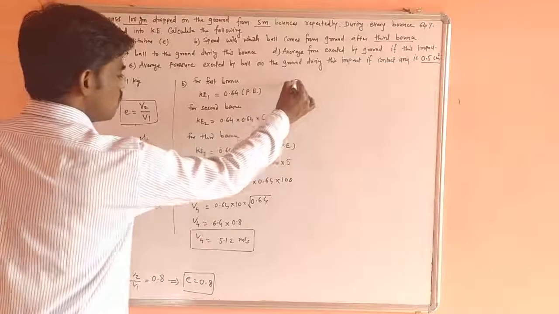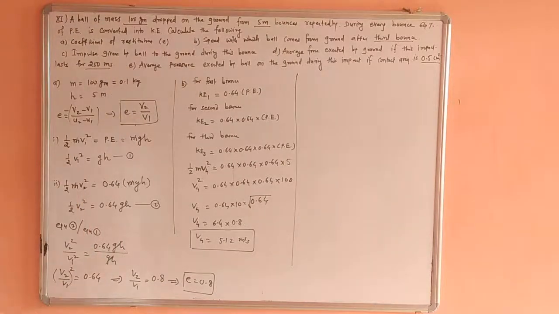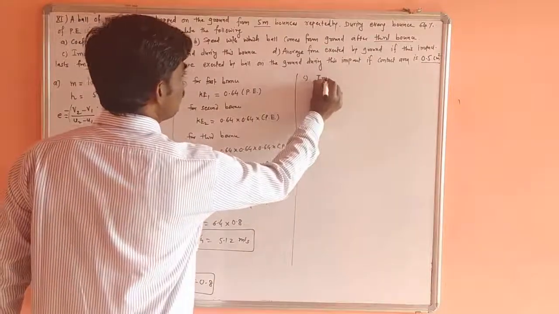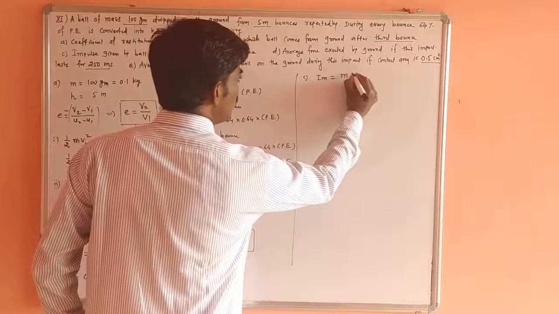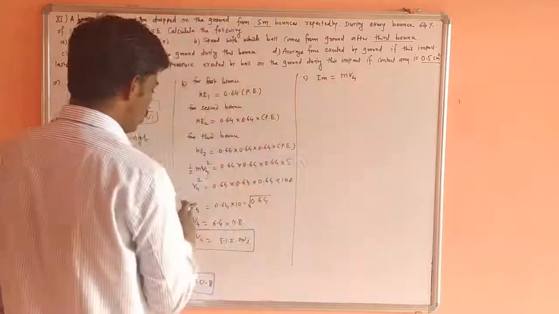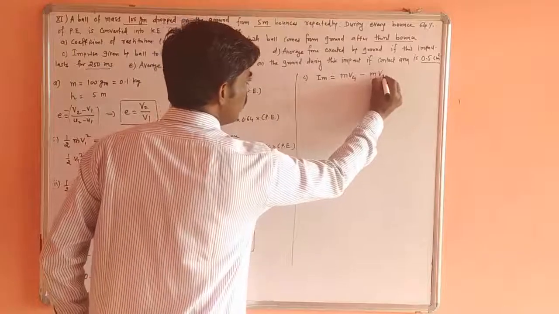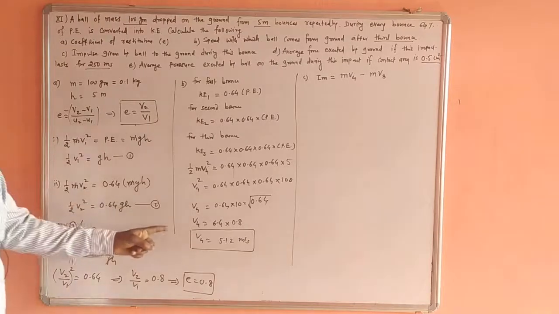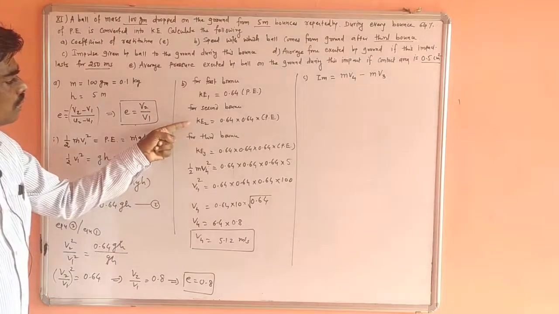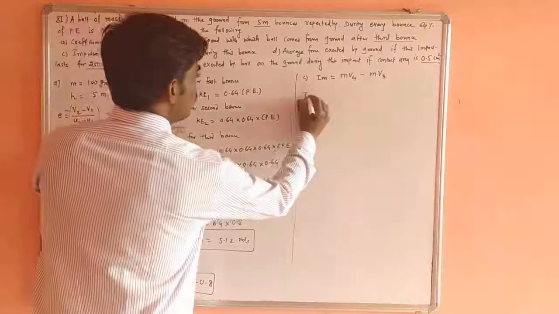Then the impulse given by the ball to the ground during this bounce. So we know that impulse is nothing but change in momentum. So m v4, this is the final momentum of the ball, minus the initial momentum, which is m v3. M is the mass of the ball. So again we have to find v3, which we can obtain from Ke2, from this equation, to find v3.